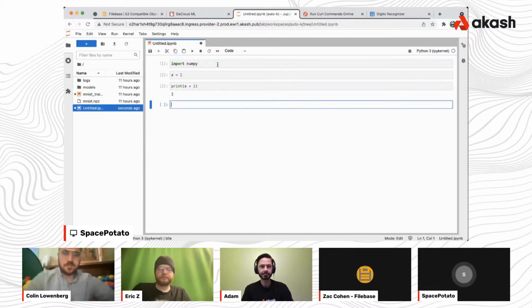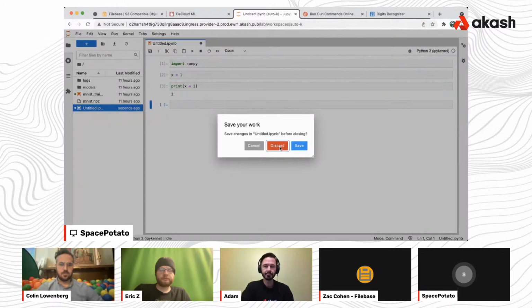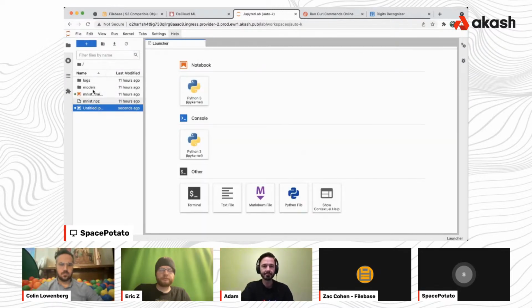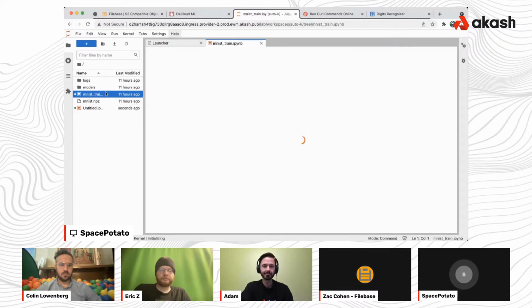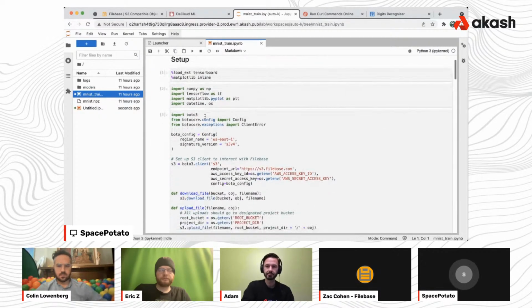I can execute Python code in this environment basically. So I'm going to exit out here. And for this demo, I actually have a notebook pre-deployed. It's my MNIST training notebook. Here it's a notebook where I have code that basically